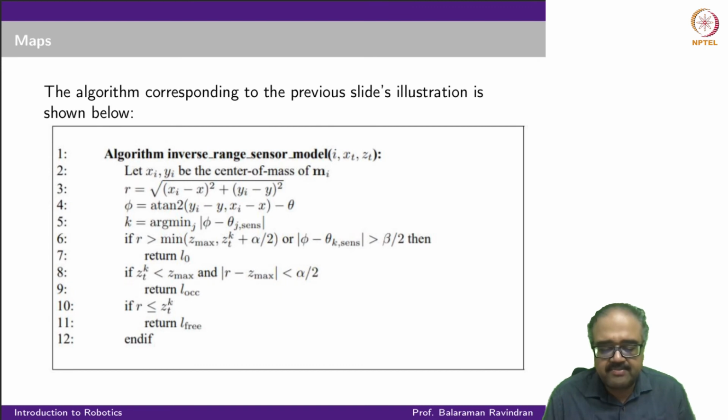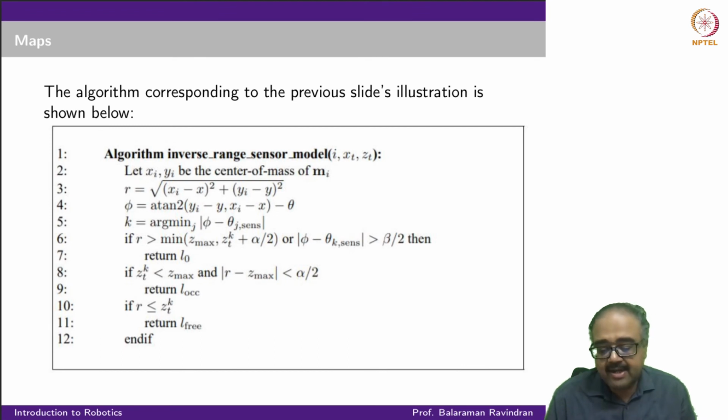So theta_j sense is the sensor that is pointed as close to the direction of the object from the robot as possible. Now, if this object is farther away than the maximum range of the sensor, or where the sensor says there's an obstacle, whichever is the minimum of the two,